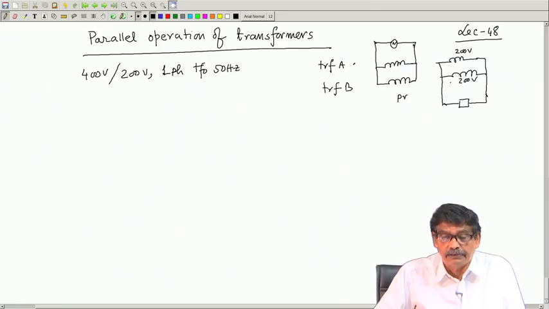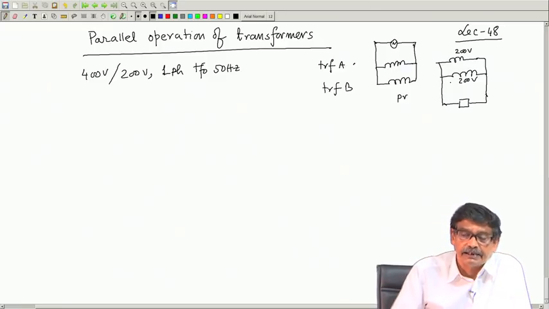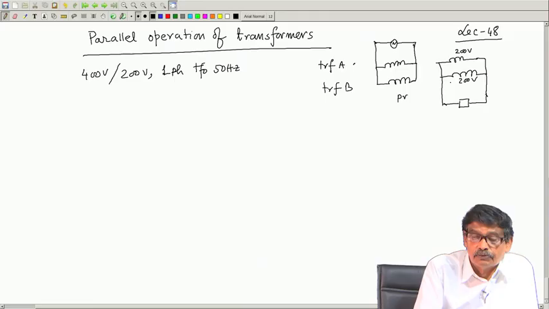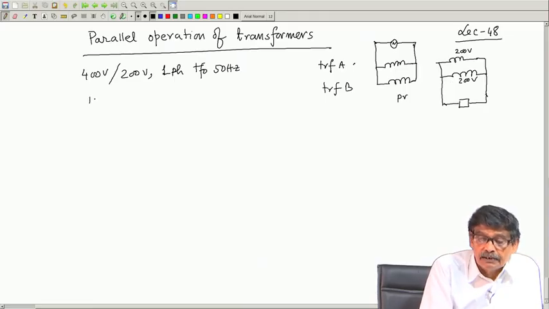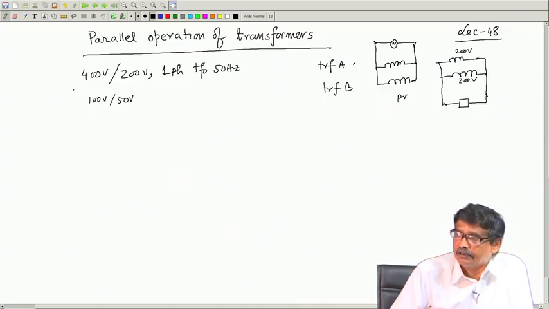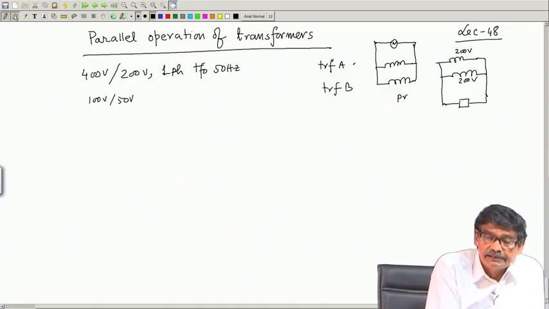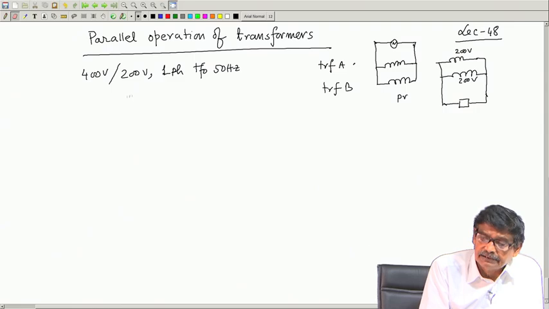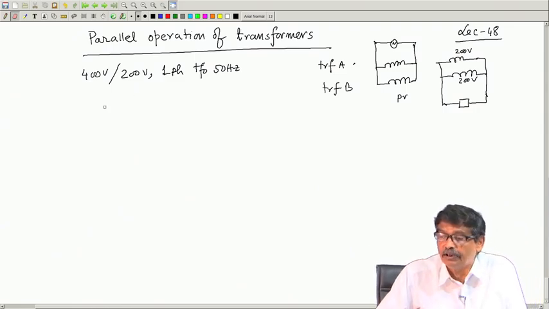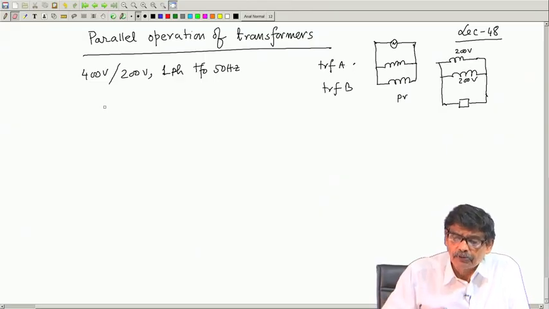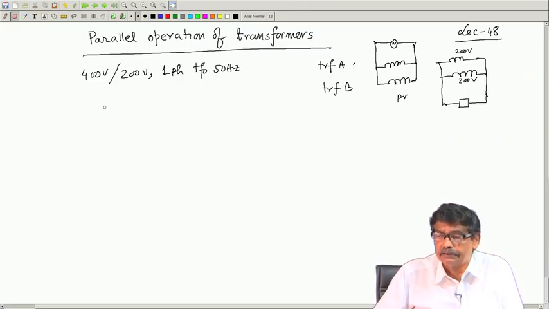For example, you will never think of connecting a transformer of rating 400 volt, 200 volt in parallel with one of 100 volt and 50 volt. These two cannot be paralleled for obvious reasons. So, voltage rating is one of the conditions that must first be fulfilled to connect two transformers in parallel. Before coming to the conditions which need to be fulfilled in order for two or more transformers to be connected in parallel,